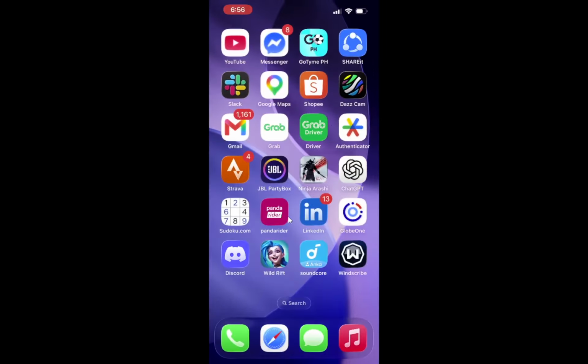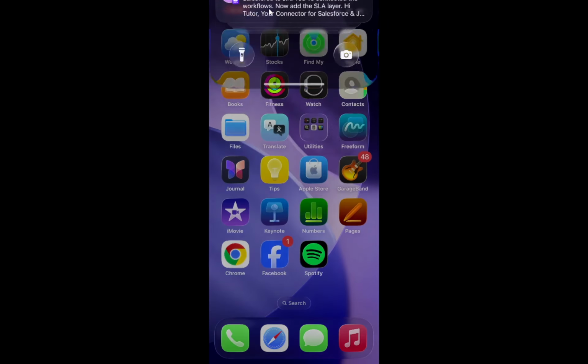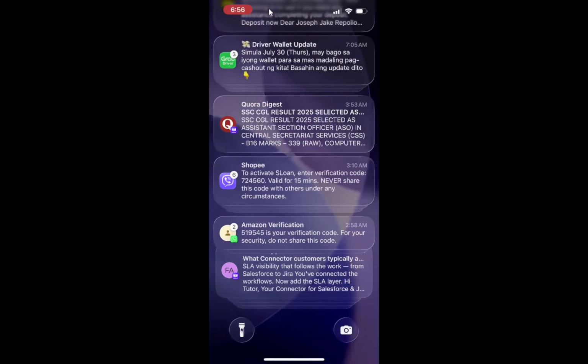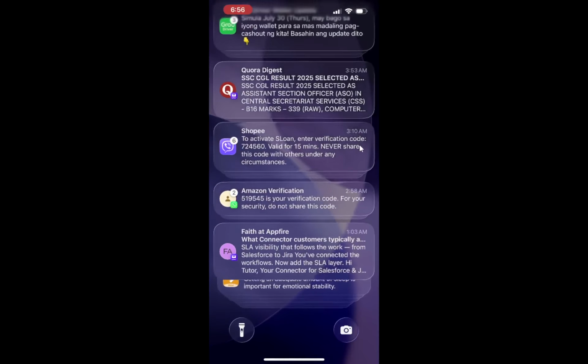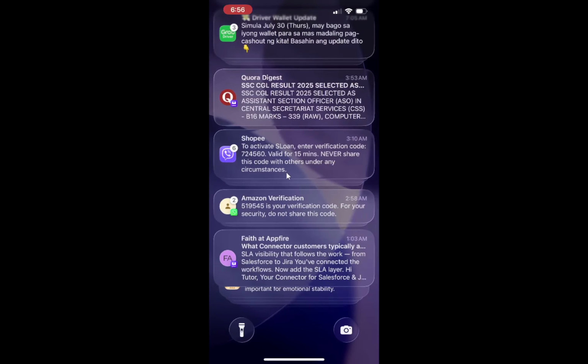On iPhone, start by clearing existing Amazon alerts from your notification center. Swipe down from the top left corner of your screen to open Notification Center. You should now see a list of recent alerts grouped by app, including any Amazon notifications waiting there. Once you see an Amazon notification in that list, swipe left on one of those Amazon alerts. A small set of options appears on the right side of that notification.